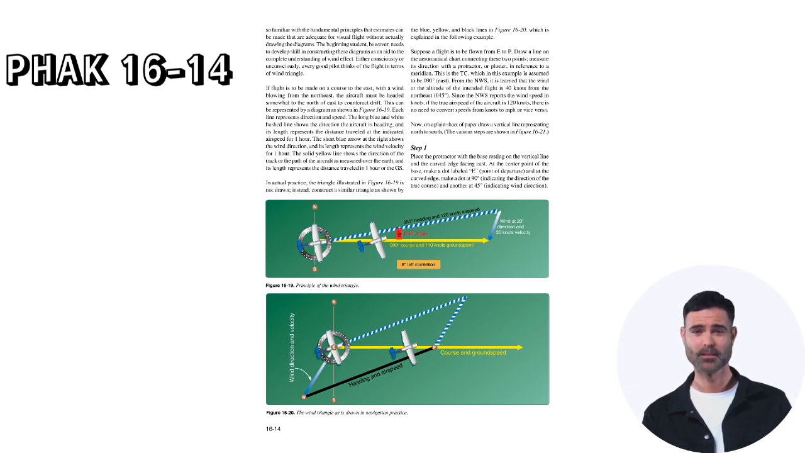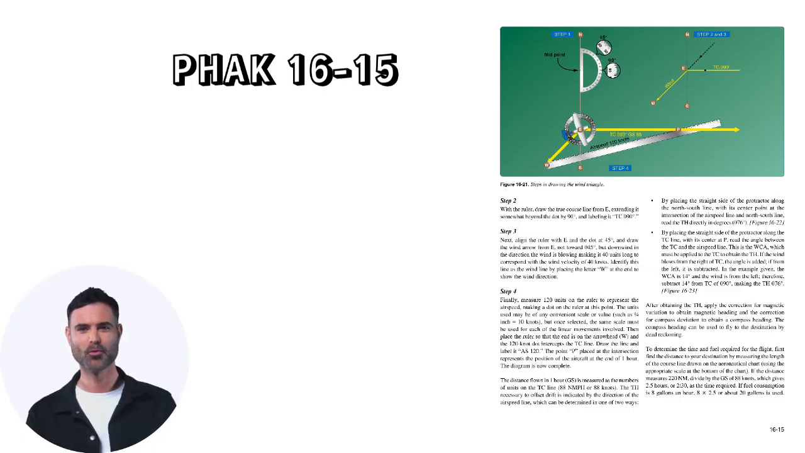Step 1. Place the protractor with the base resting on the vertical line and the curved edge facing east. At the center point of the base, make a dot labeled E, point of departure, and at the curved edge, make a dot at 90 degrees, indicating the direction of the true course, and another at 45 degrees, indicating wind direction. Step 2. With the ruler, draw the true course line from E, extending it somewhat beyond the dot by 90 degrees, and labeling it